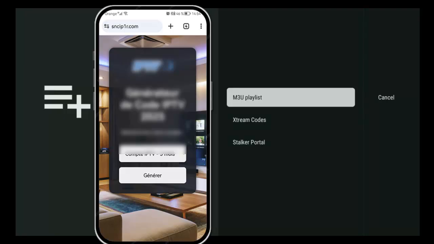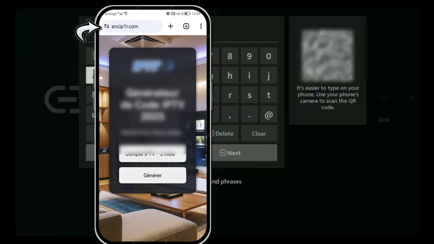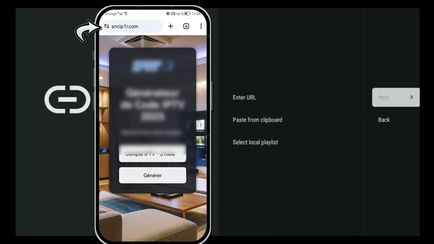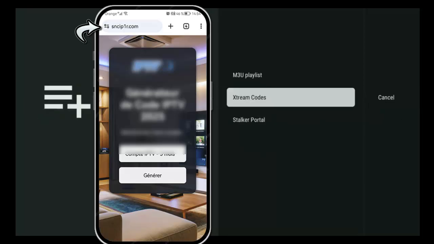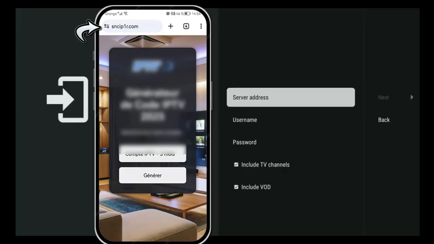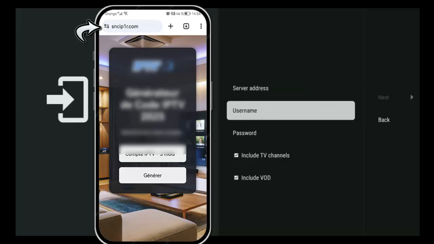So if they gave you an entry link, you have to click on this option, click on enter URL, and then enter the link right here. And then you click on next, and get your playlist added to the device. Alternatively, you can use Xtream codes, so you would click on it, and then you would need to enter a bit more information, so you would have to enter